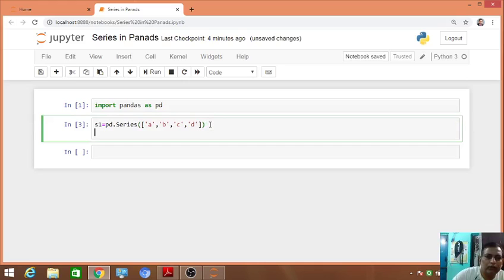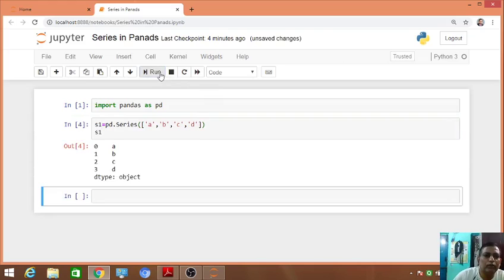To see this output, you just have to write S1 and click on run. So now you can see the simple series. As I told, a series has two things. First is the index and second is your data. Up to this we have seen in the last video.